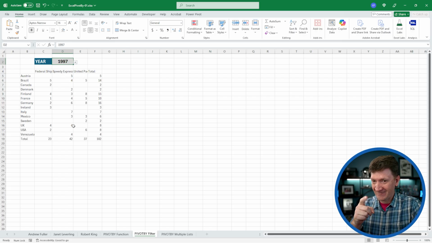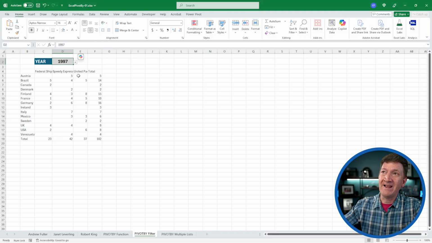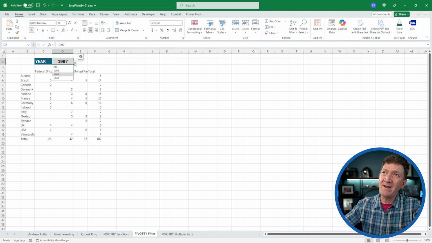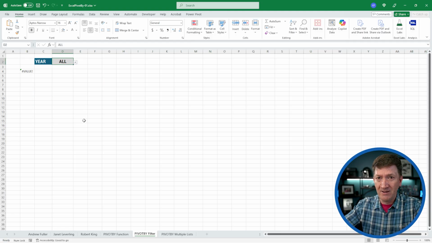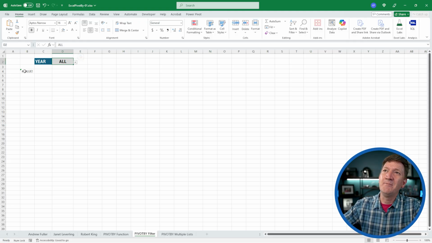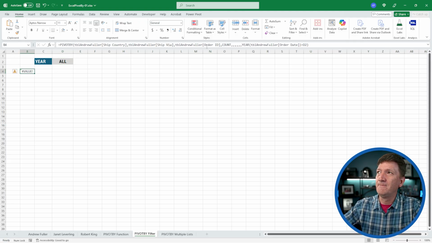Now, let's take it even further. This is a common question that I get. I've got a little drop down. This is great. I can change it to see specific records, whatever value I choose, but I want the option for all. If I pick all, I want to see everything inside that list. Well, to do this, I'm going to go back to my first cell again, B4, find my formula, and